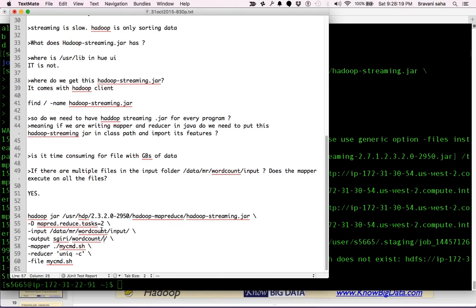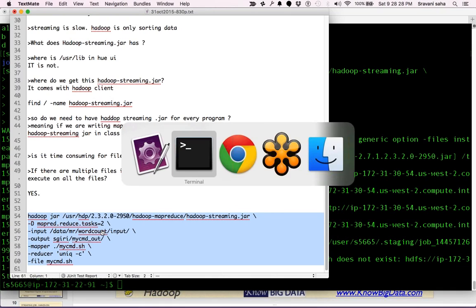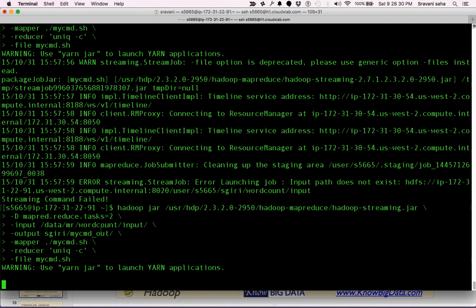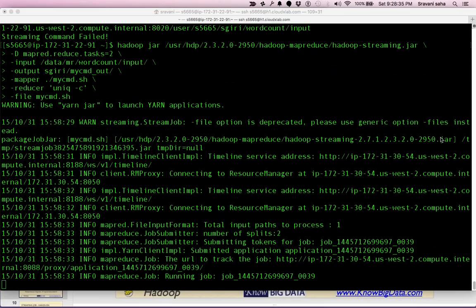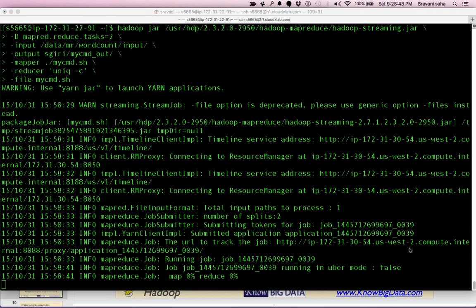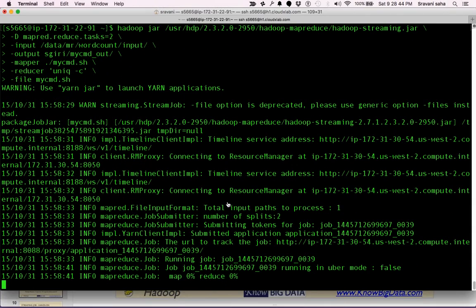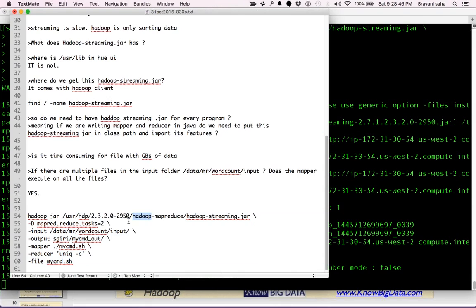Let's create it for ourselves as Giri, then mycmd out. Randhir, does that answer your question? This is how we use multiple reducers here.